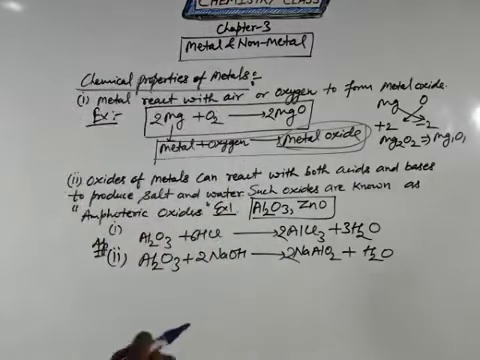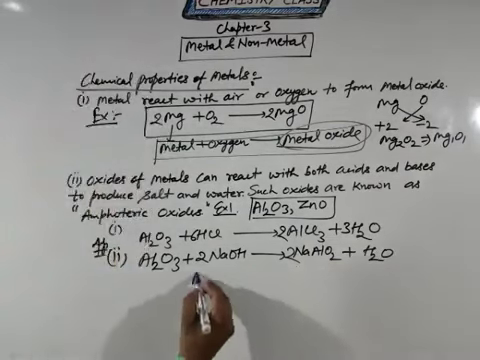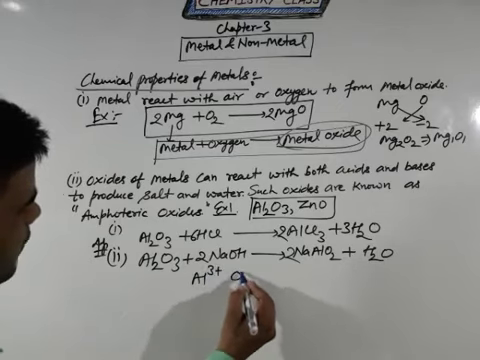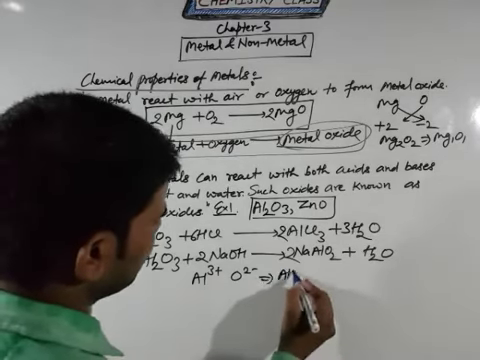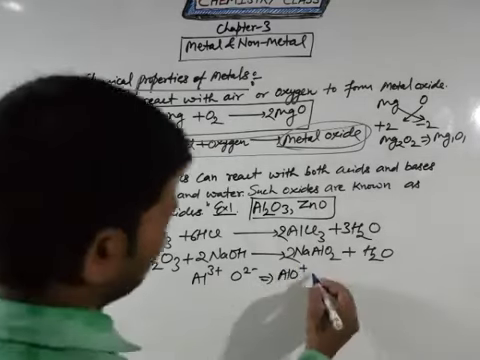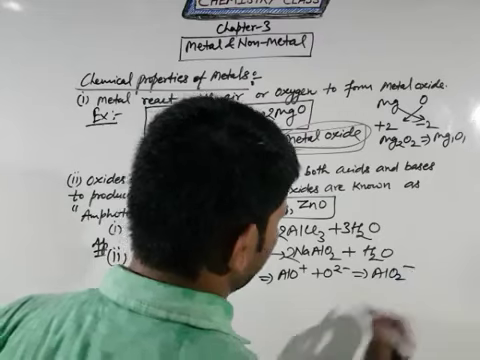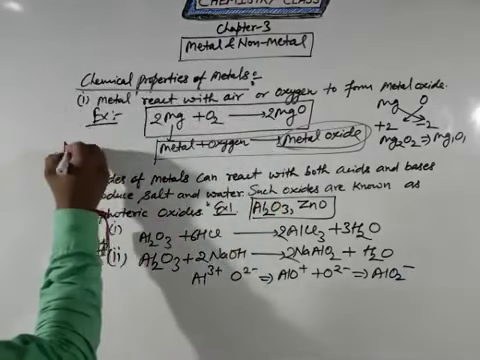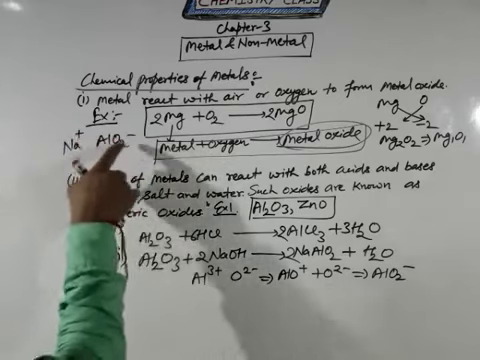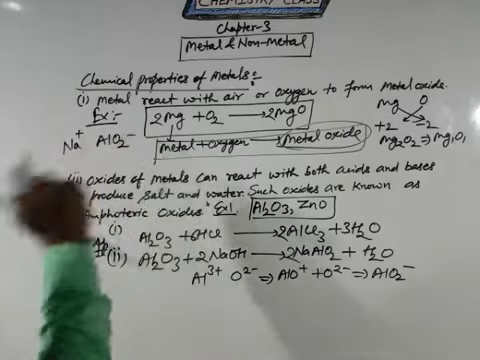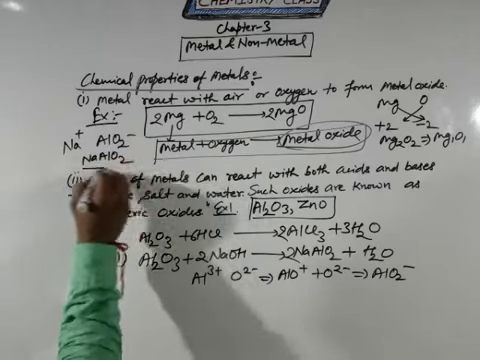So students, the main point is how to get this type of product. Clear? You can see here aluminum has a +3 charge and oxygen has a 2 minus charge. If you combine these charges, you will get AlO positive. If you add one more oxygen, you will get AlO2 negative. And you know that sodium has a plus charge and AlO2, that means aluminate, has a negative charge. So in this case one is plus and one is minus. So you can see here the final product of this reaction